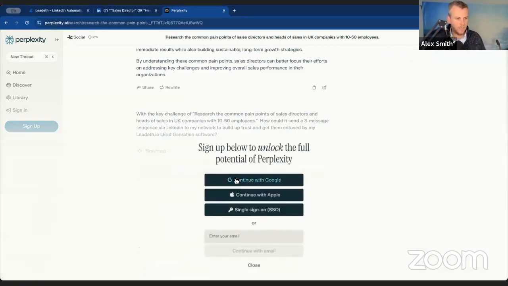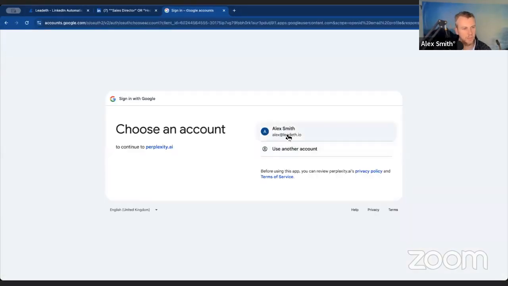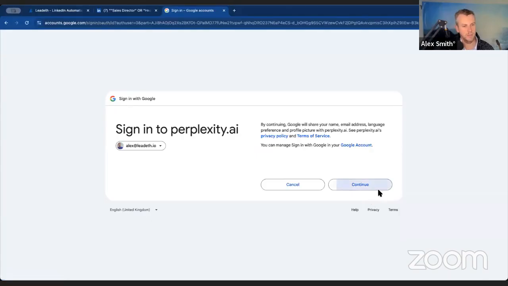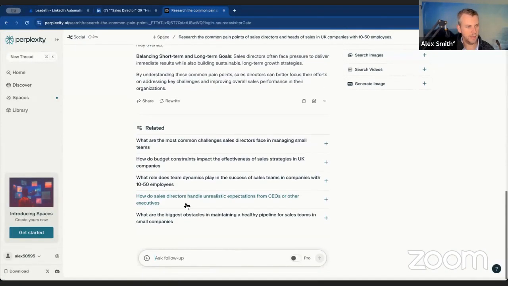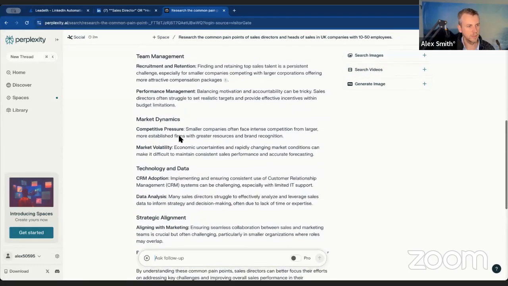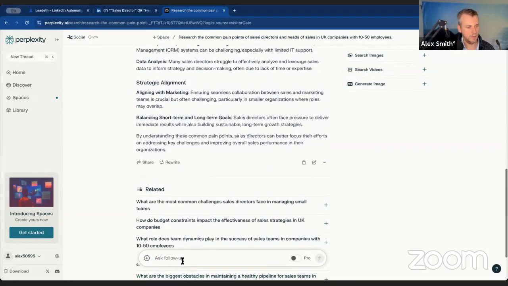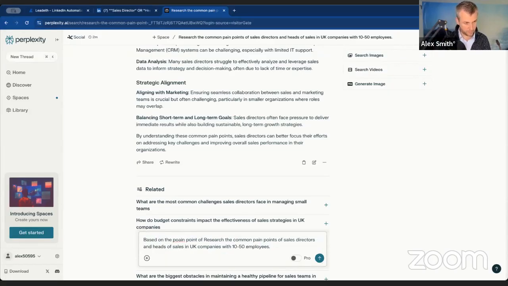So I've basically asked Perplexity to, I'm just going to carry on with Google, sign into Perplexity, go. As I say, it's a free tool, but you can sign up to the paid options. Based on the pain point of